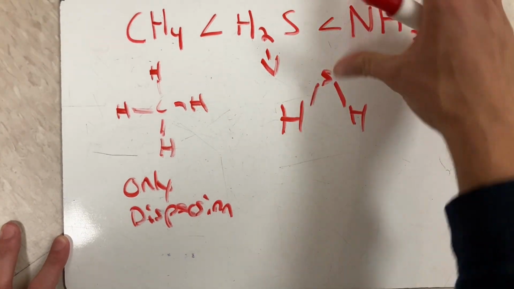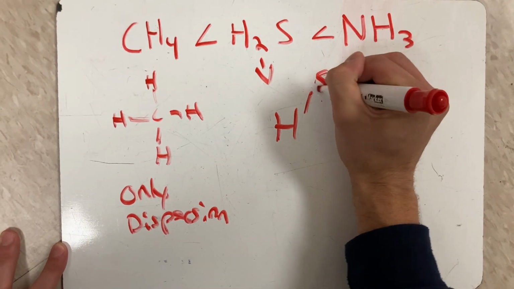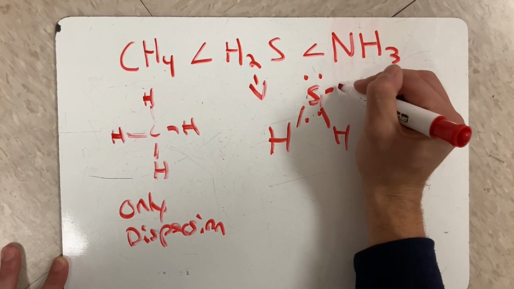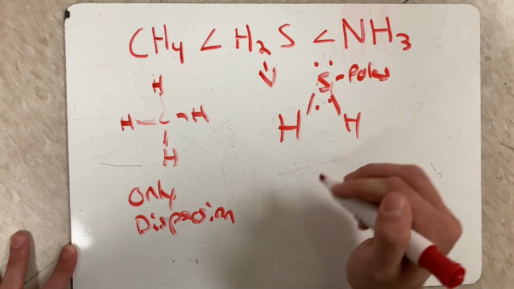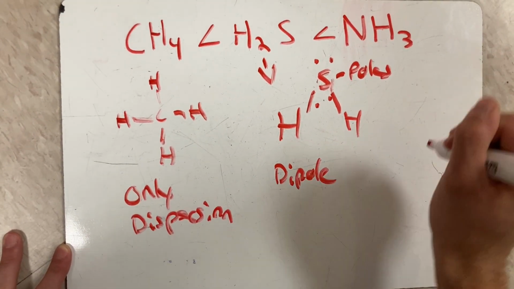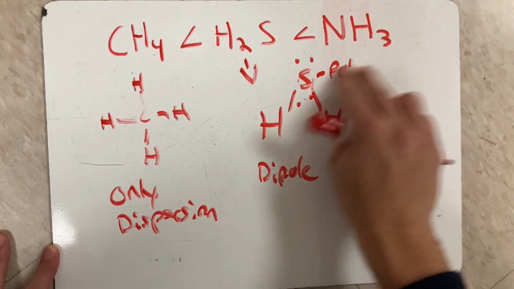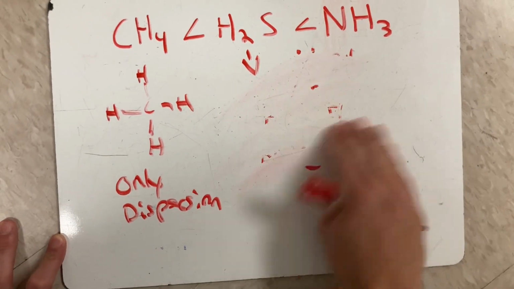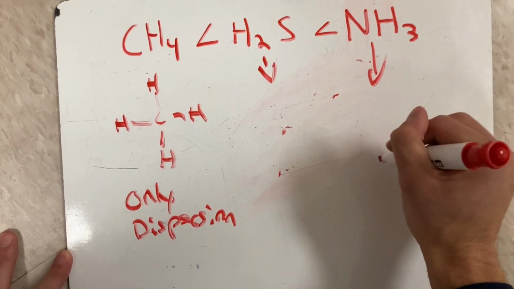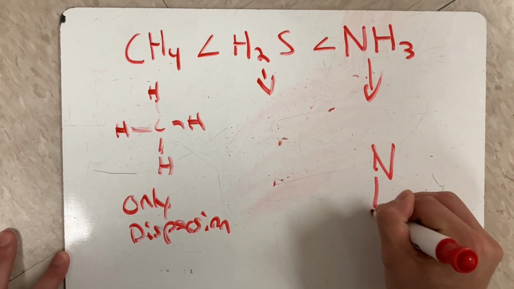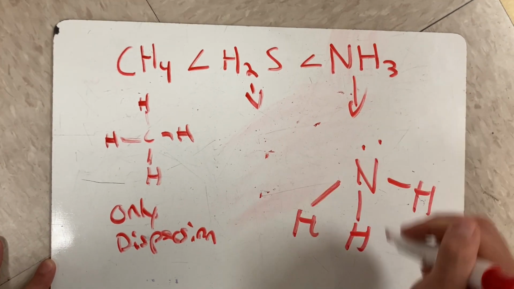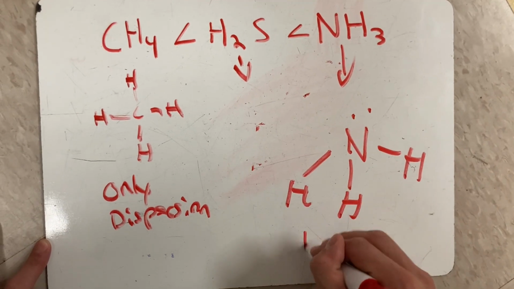And as you can see, it goes methane to dihydrogen sulfide to NH3. And that's because methane only has dispersion, and then as you go up more, the dihydrogen sulfide has dipole, and of course the NH3 has hydrogen bonds, which means it has the strongest level of intermolecular force, and that's why it will boil. It will take a higher rate of boiling. Let me rephrase. It will be